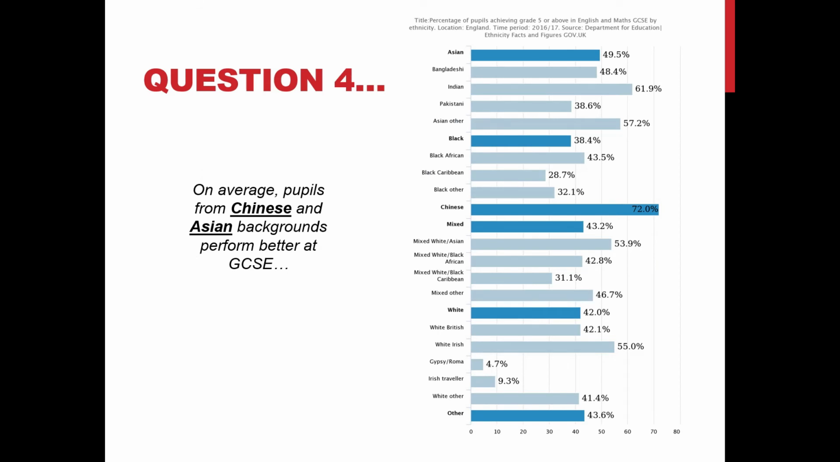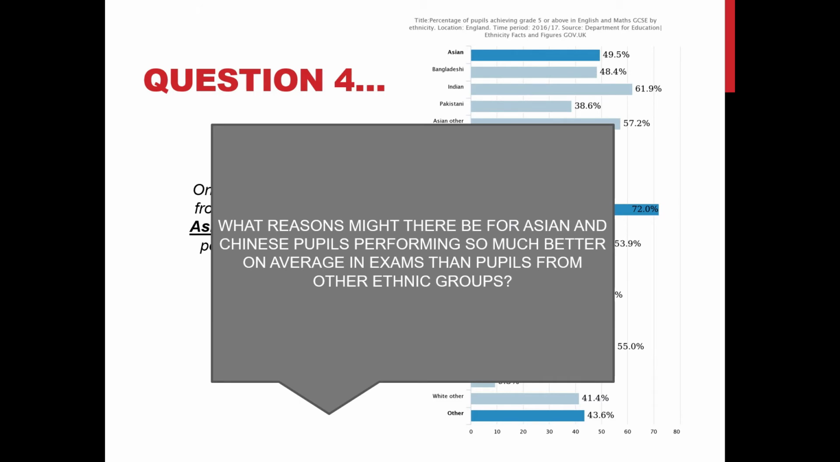Question 4 asked you which ethnic group performs best at GCSE level, leading on from what we just mentioned with question 3. And on average, here in the UK, pupils from Chinese and Asian backgrounds perform better at GCSE. So we look closely at the reasons why this might be the case. What's going on in the home backgrounds of Asian and Chinese pupils, which enables them to perform so much better